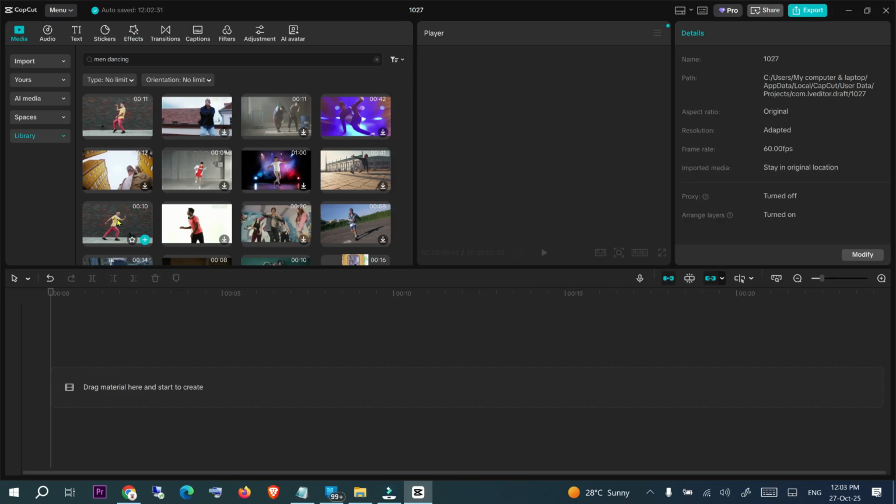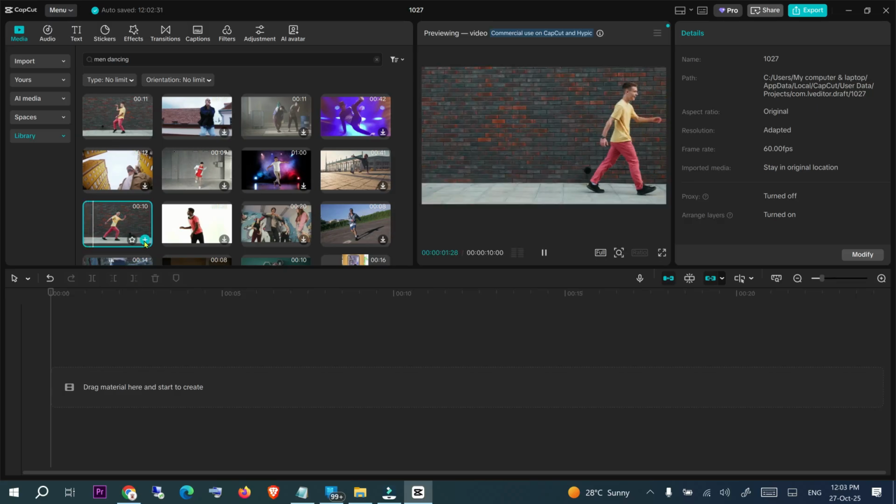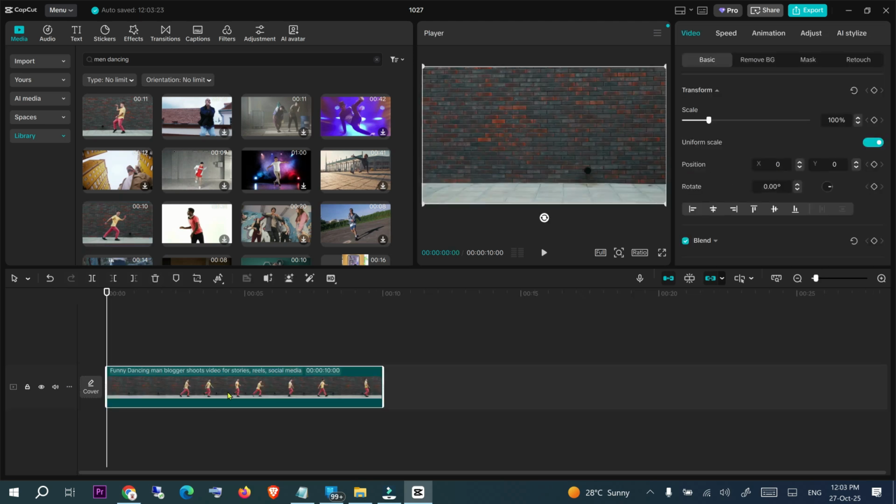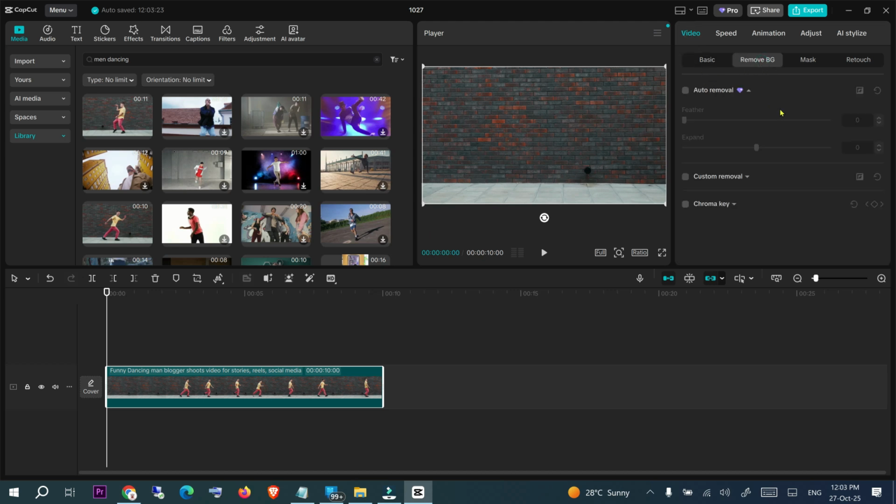If you are looking for how to apply edge glow effect in CapCut PC, then don't skip this video. So first you need to select the video clip and click this plus icon to drag the video to the timeline. And after that, on the right side, click on the video and click on the remove BG